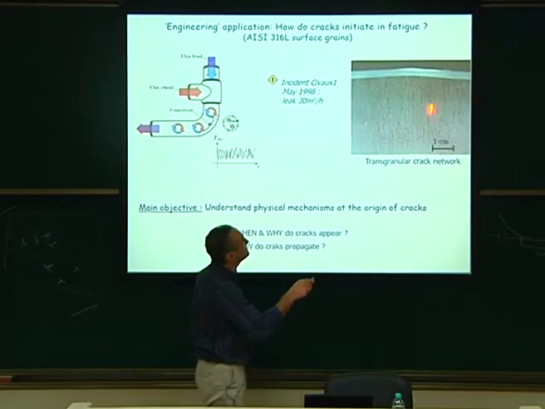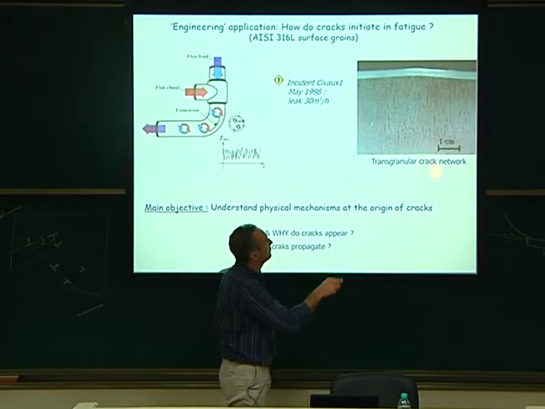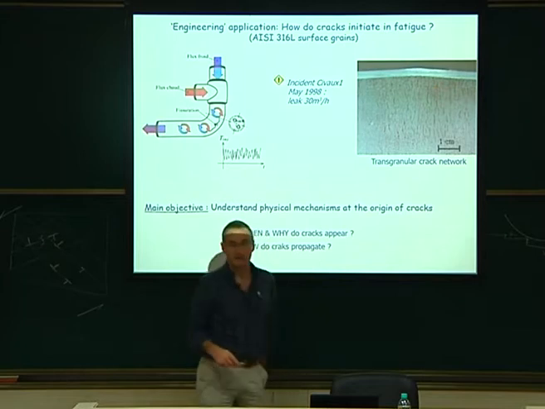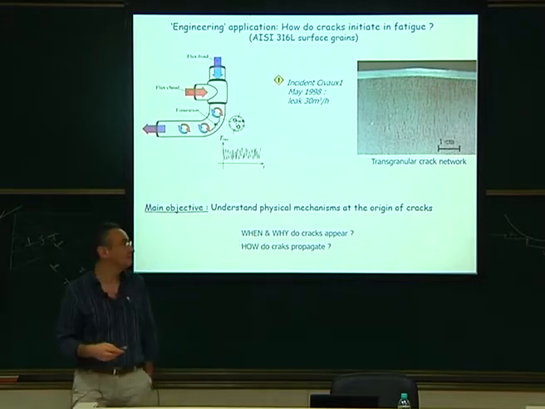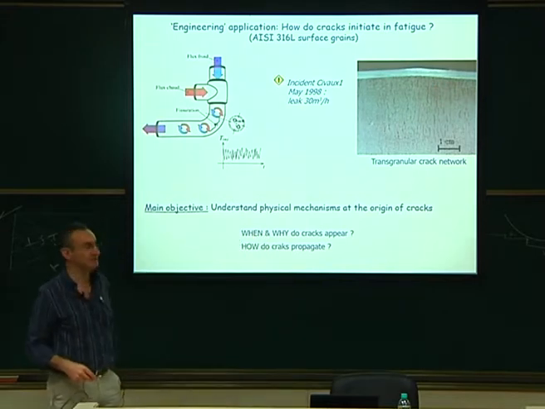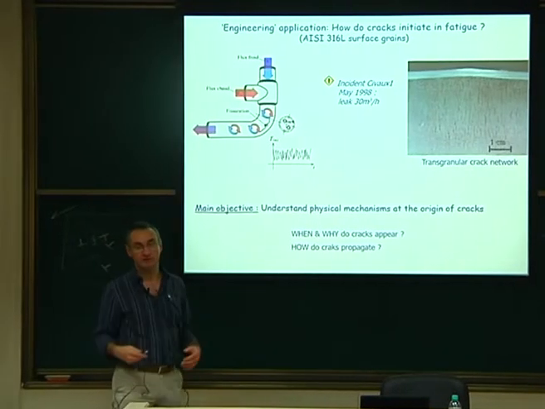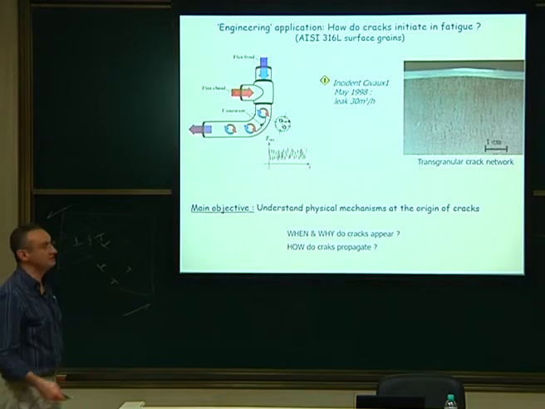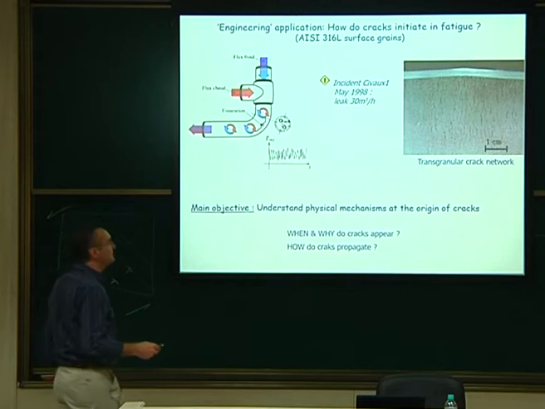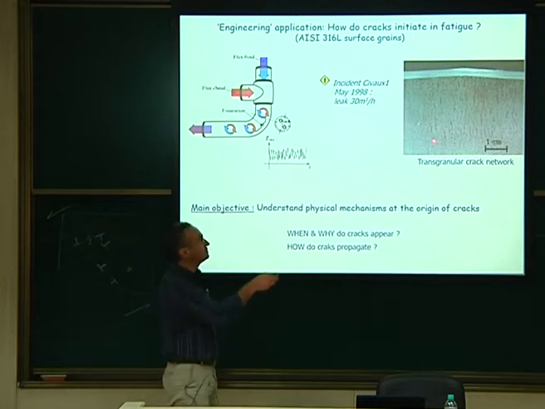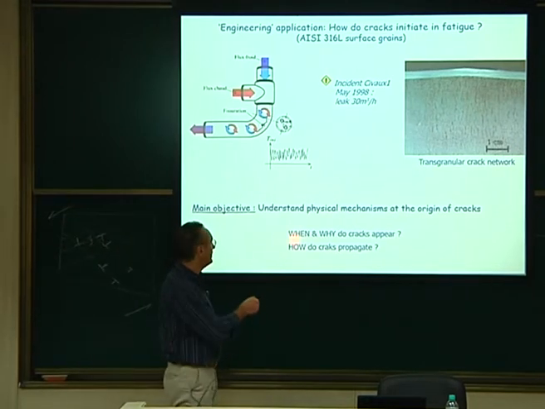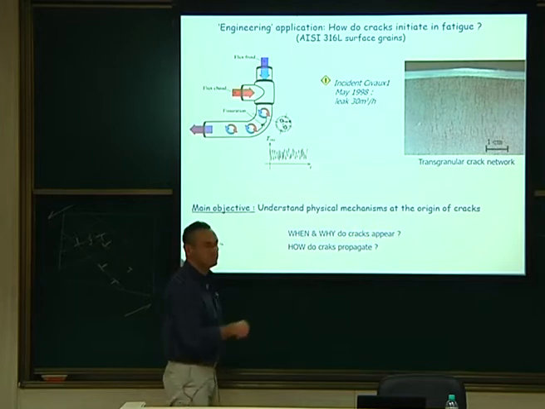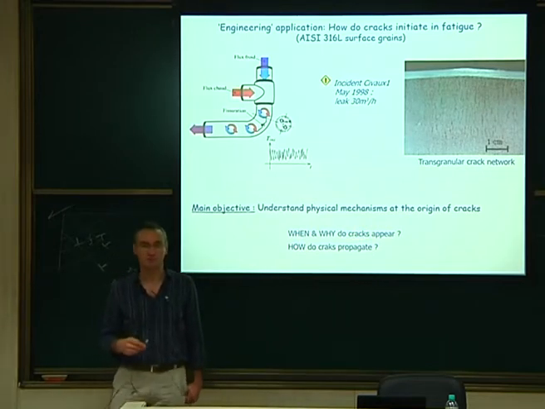And if you look at the surface, you see a lot of transgranular cracks network like that. You see some big cracks. Those cracks are very bad, of course, and there was a leak typically at that time, which was observed, and this is very bad for nuclear engineering. Of course, to have a leak in the cooling system is not acceptable. So the origin of the PhD was to understand why such a crack appears. So why do they appear, and when? Okay, this was the objective of the PhD.